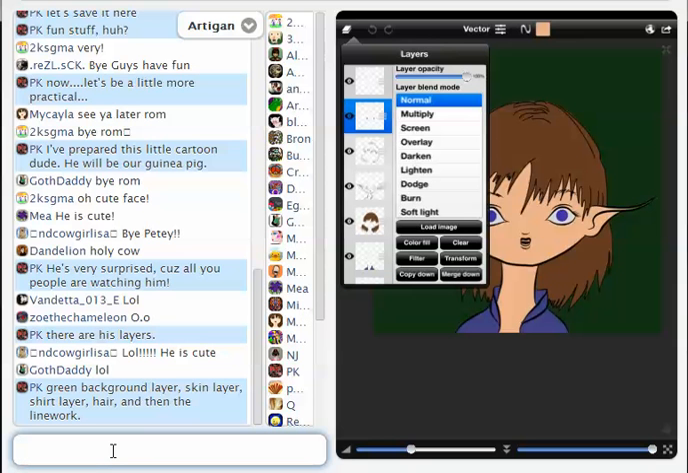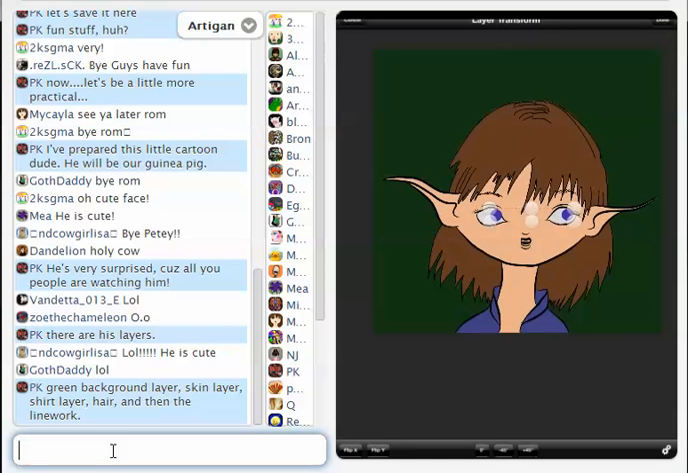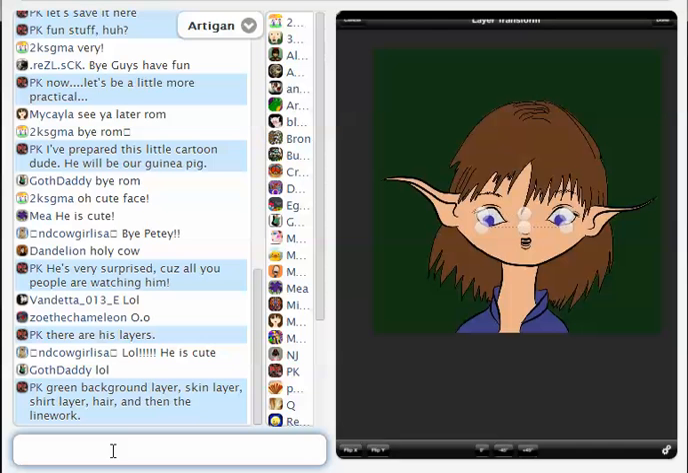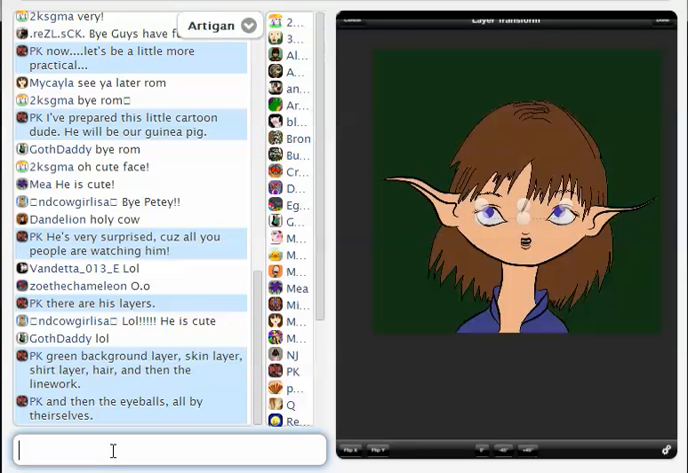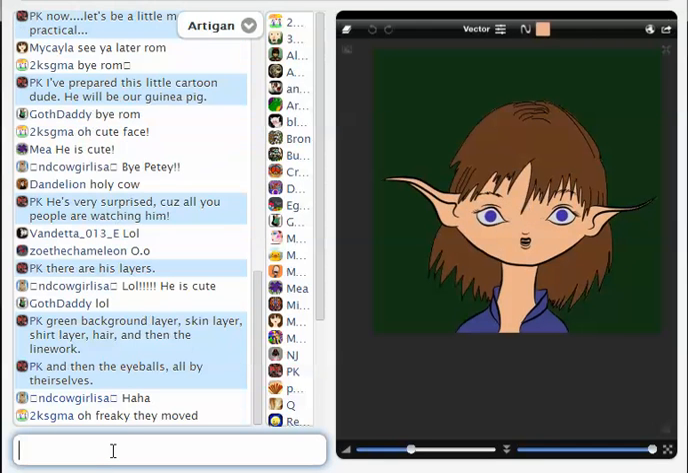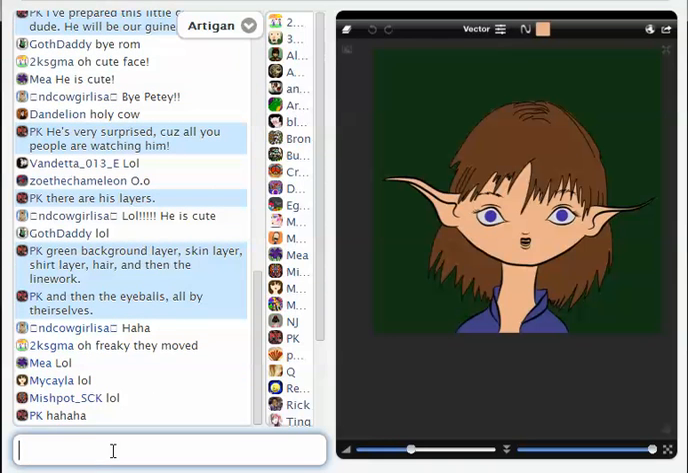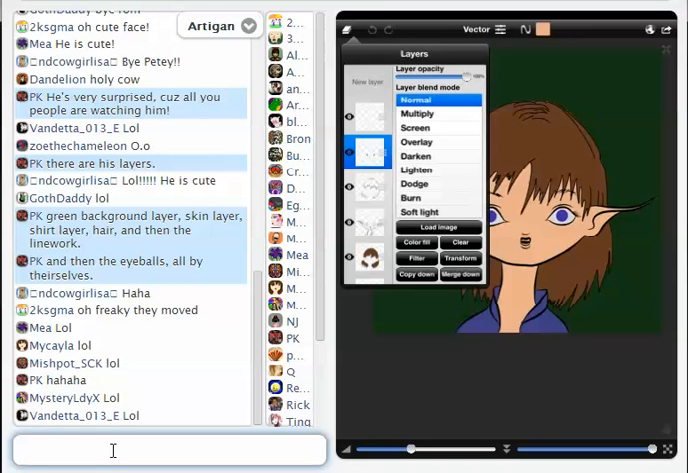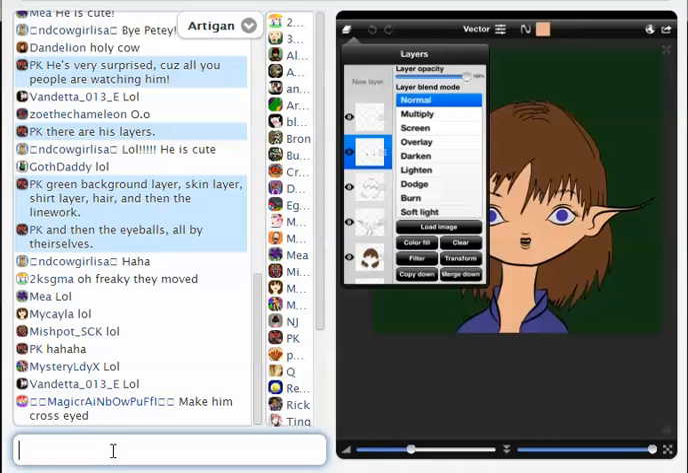I usually start out with the eyes on a single layer, just because then I can move them around. Oh, I'm looking over there. Looking down there. We'll let him just look surprised for now. That's why I put him on a separate layer, just so I can move him around and get different expressions. Okay, so let's say that we wanted to put a pattern on his shirt,